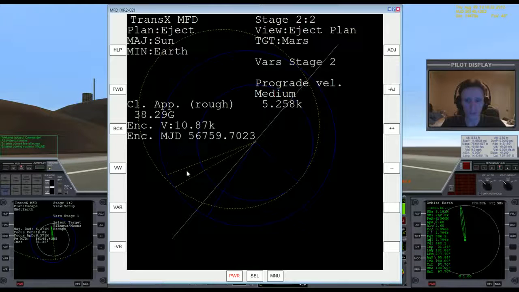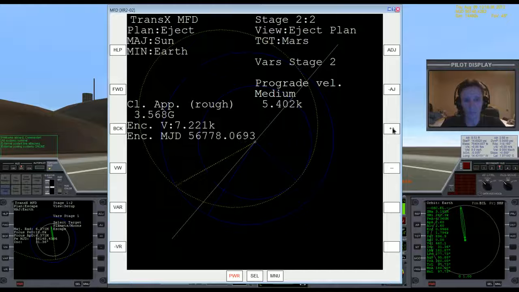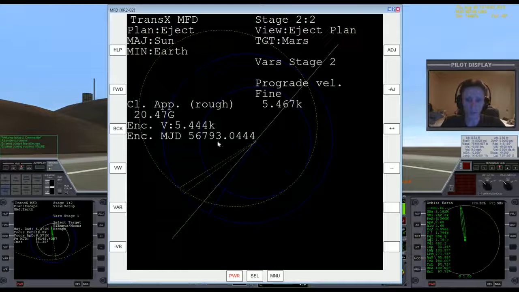But let's just take a look and see what it takes to get to Mars using this date. So I'm just continuing to add prograde until I see the closest approach start to go up, which it just did. So now I'm going to back off and get this down to its lowest point. And it looks like we need to get into a finer setting. Looks like about right there is as low as that's going to get. So now if I wanted to work with this date some more,